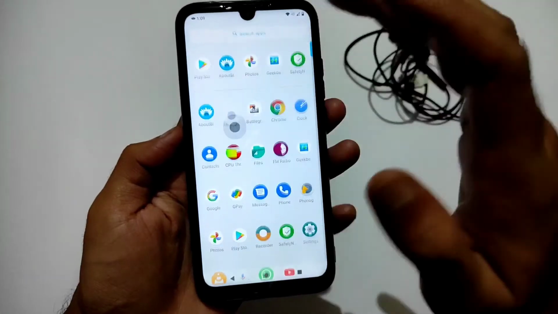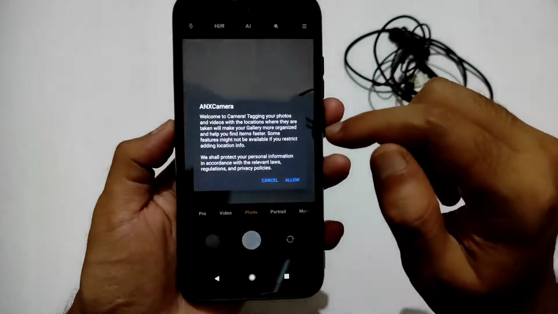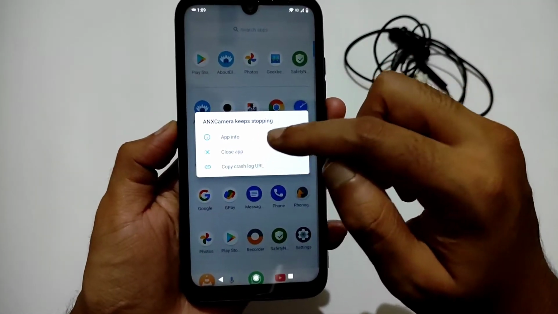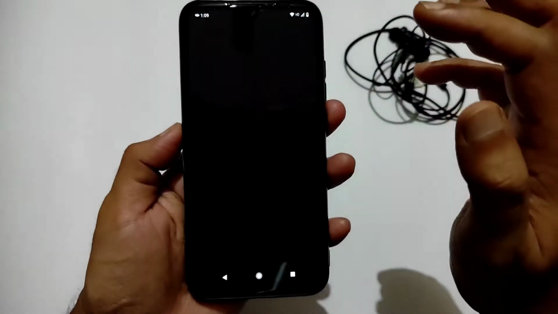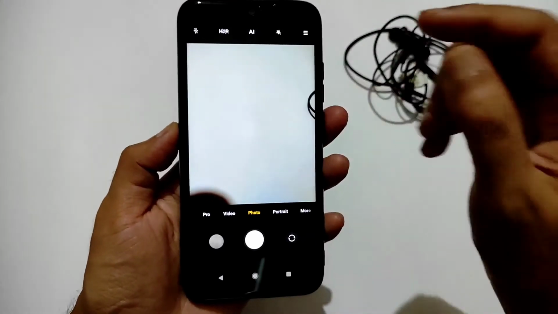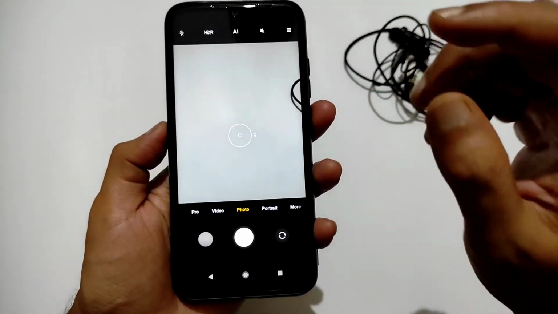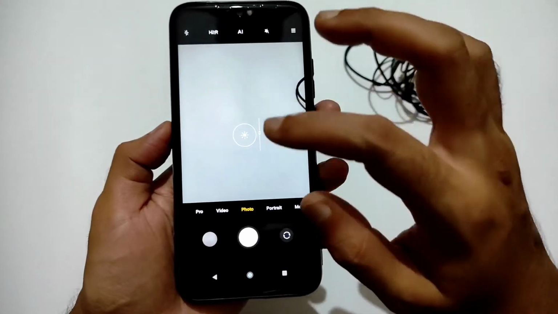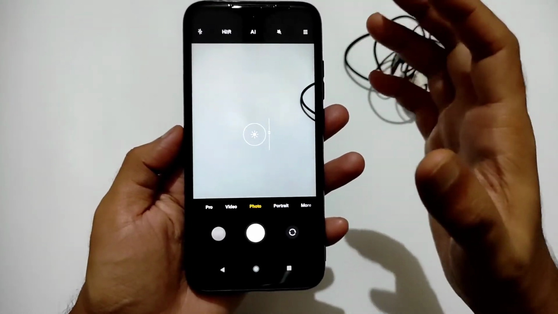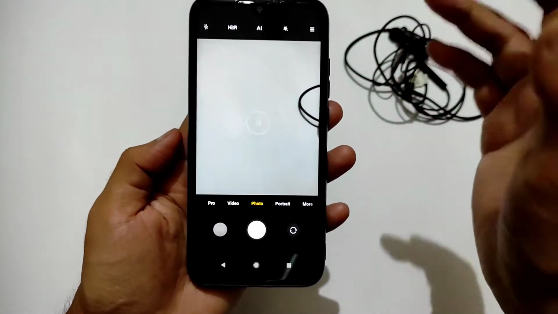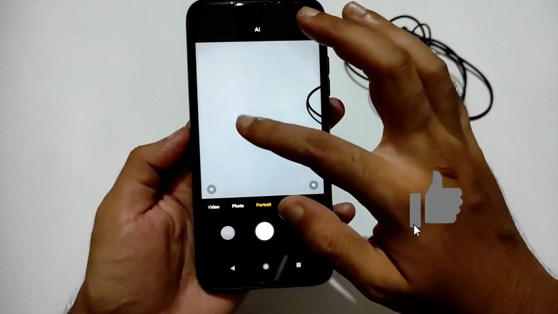And this is the quick settings, and you will get ANX camera as a pre-built camera in this. ANX camera, as you can see, this is the bug I have noticed in the ANX camera, keep stopping. Again, let me open. It's now working. To show you, I have cleared the data. I hope you will understand. This is the problem you get when you first time flash this ROM. After that, I did not face any problem, but if you update certain apps, again this problem is going to occur. I think this problem is solved in the next build. Just a simple problem, but I thought I want to mention in this video.